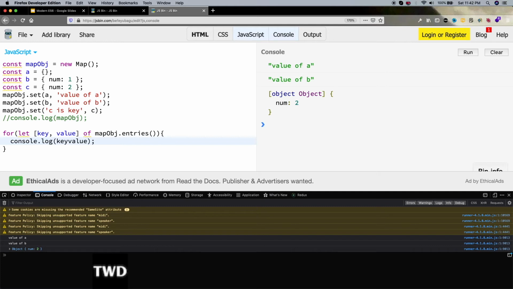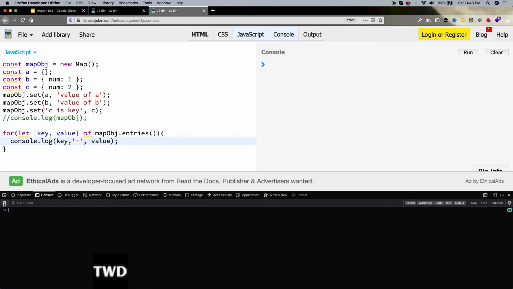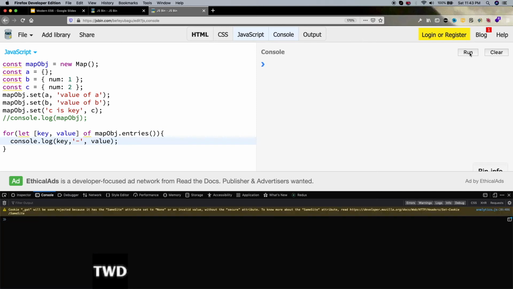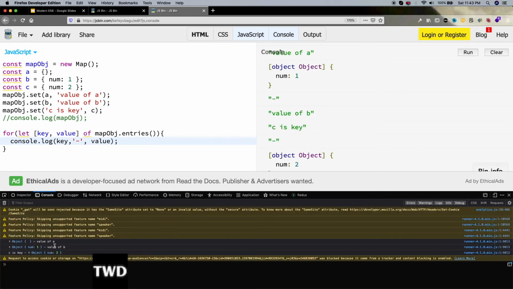Key comma value, and let me clear it and run it now. So we are getting the complete key and value, key and value, key and value.